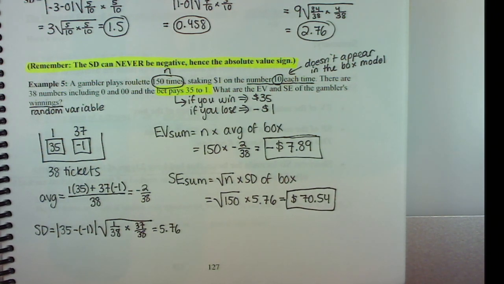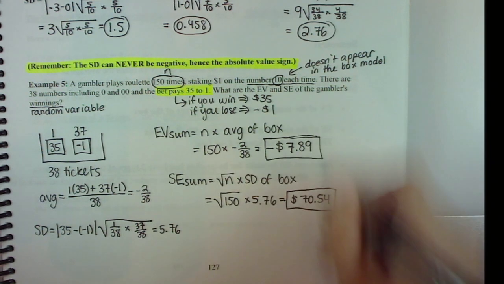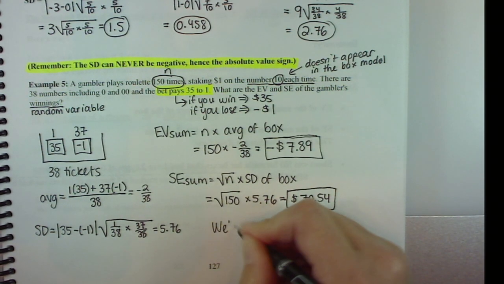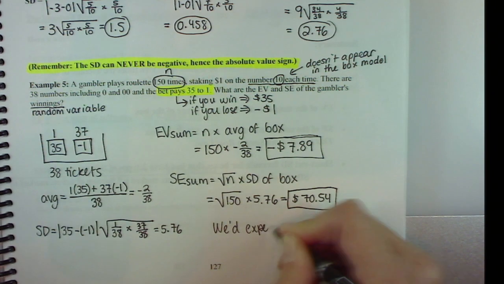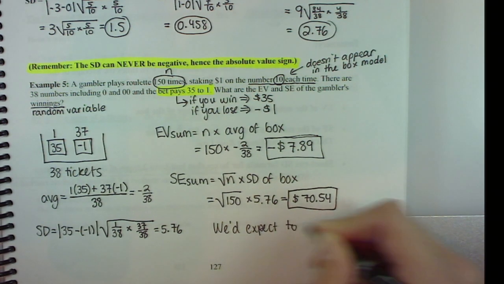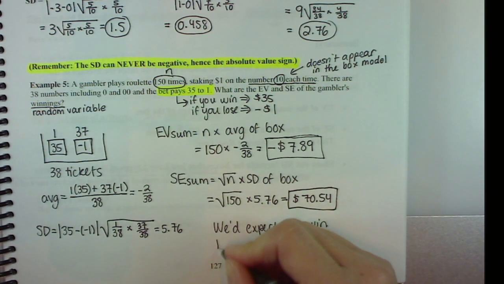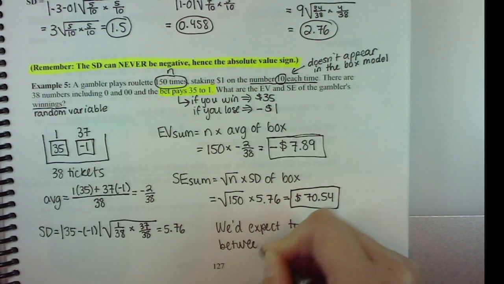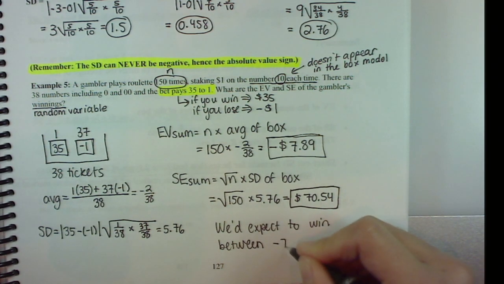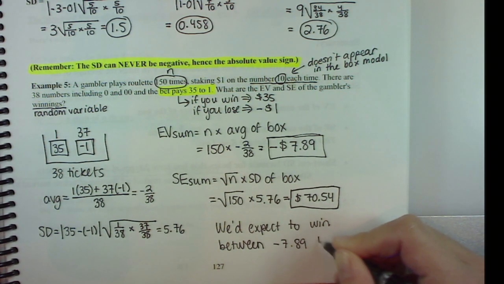You never know. So if I was interpreting this, I'd say we'd expect to win, I guess when we get negative, we're not winning, but you get the idea, right? We'd expect to have a net profit. We'd expect to win between, I would say, -7.89 plus or minus